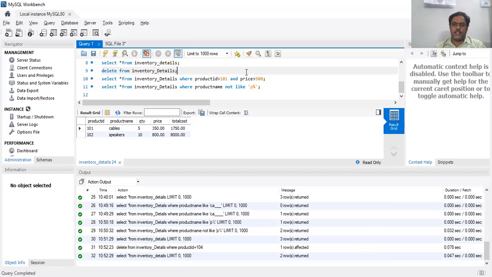So this is about the delete statement. The select statement is used to get information from the table by specifying a condition. If you want all the records, you can get them. If you want a specific record, you can get it. If you want to give criteria also, you can get that. Whereas the insert command is used to insert new records into the table. You can insert the complete record, or if you want to insert only specific columns, you can do that, no problem.